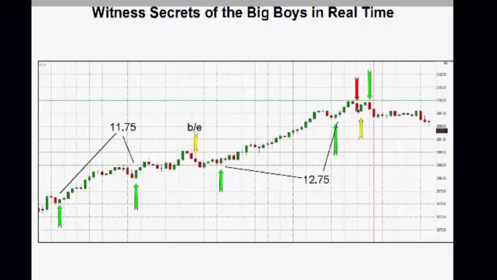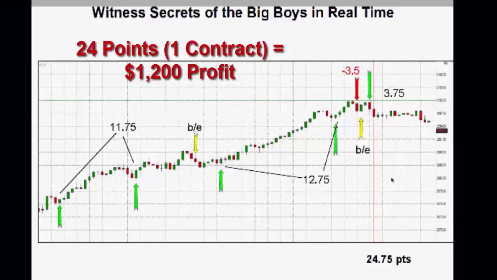And then it reversed short here. Of course, we took a loser here. The red arrows are our losers, and so we took a 3.5 point loser on here, and then we reversed here real quickly. And these are all volume bars, not time bars, but basically they're anywhere from 2 to 10 minutes. Just to follow along here, we broke even on this trade, and it showed us to go short again. We got short a little bit early on this trade to take the loss, but we got short again and made that up. That day we made almost 25 points, okay?